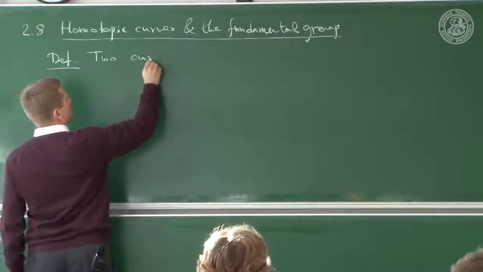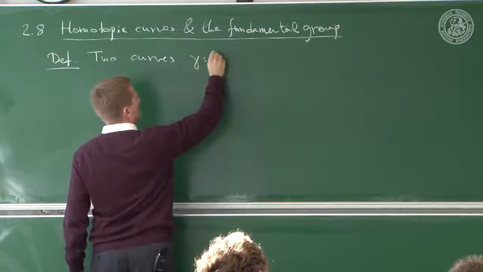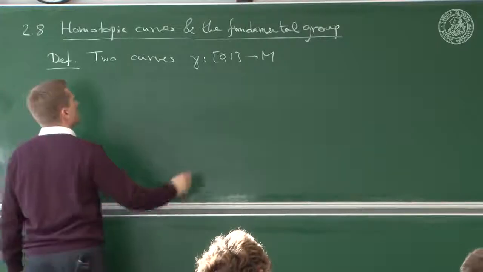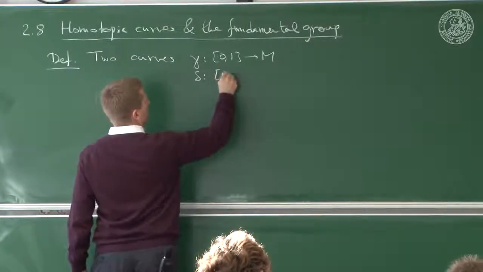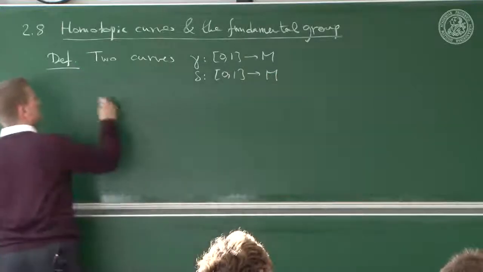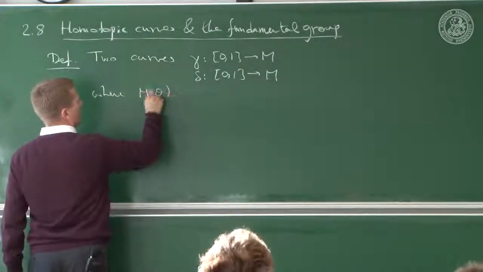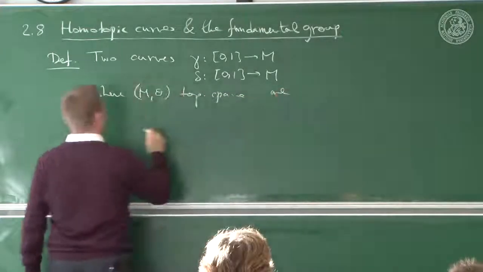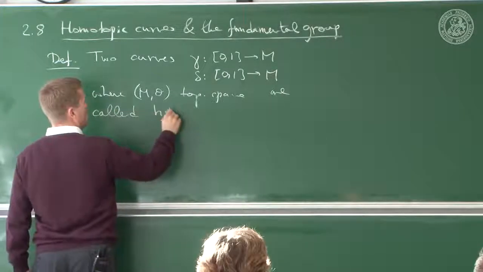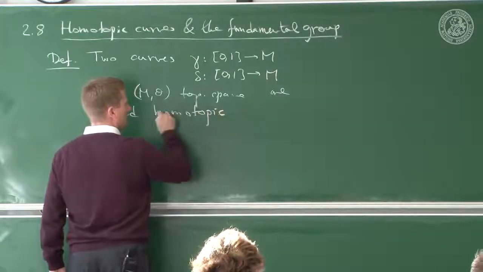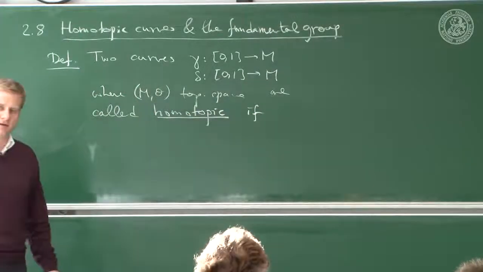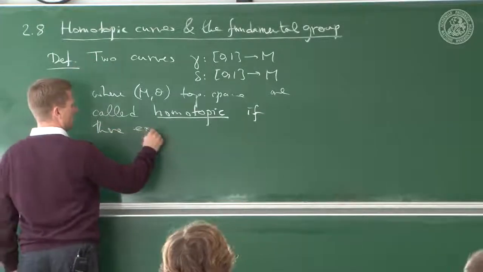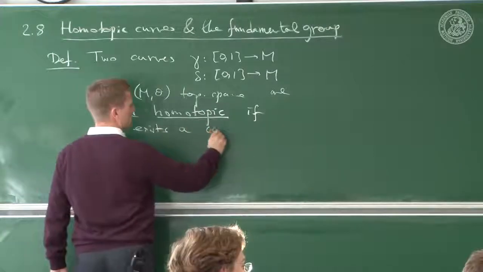So two curves, gamma from 0, 1 into a topological space M, and delta from 0, 1 into a set M that underlies a topological space, are called homotopic if, and now we use a lot of what we did so far, there exists a continuous map,